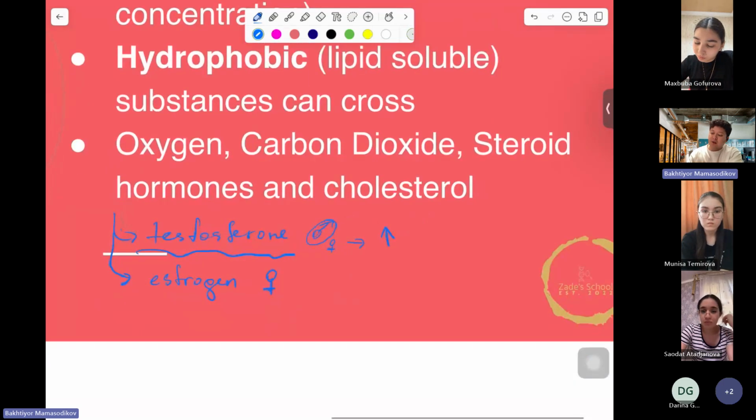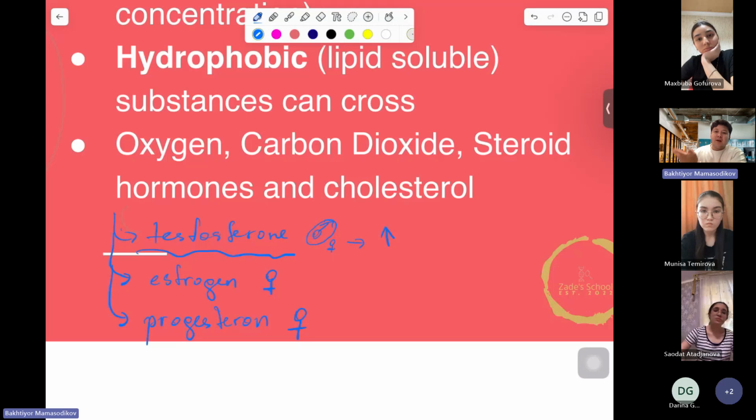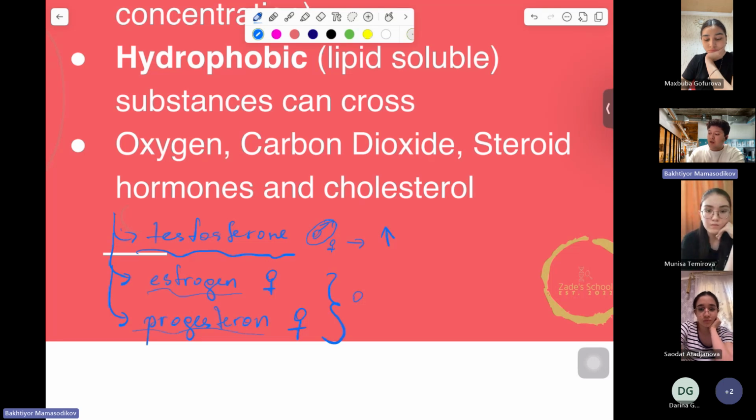And we have progesterone as well. What's progesterone? No idea. It's also a female hormone, okay? It also plays a key role in female characteristics. For example, the menstrual cycle is controlled by estrogen and progesterone in females. If you have any problem with progesterone or estrogen, the menstrual cycle is going to be disturbed. That means something is wrong with the body. Those who have problems should go to the doctor or endocrinologist as soon as possible.